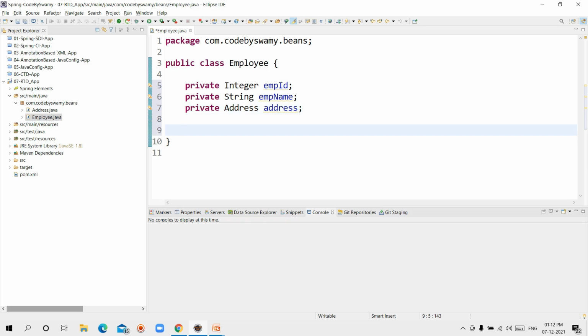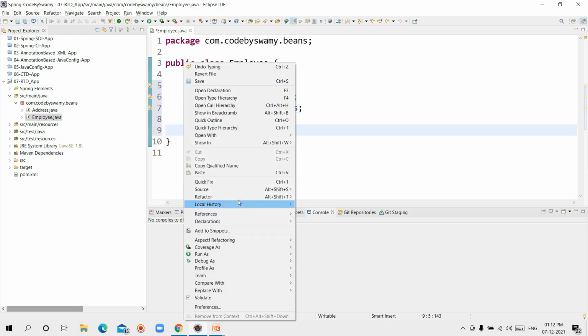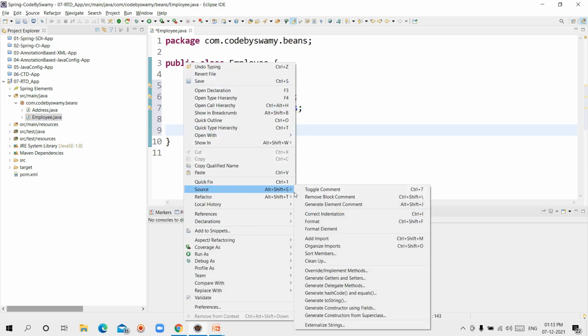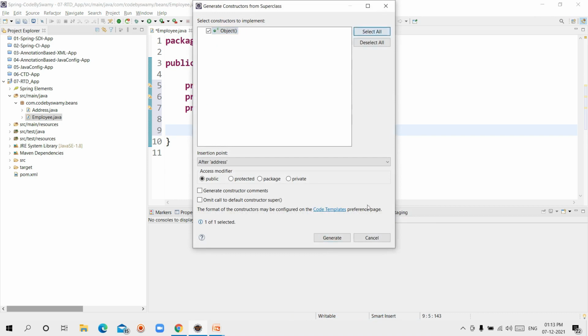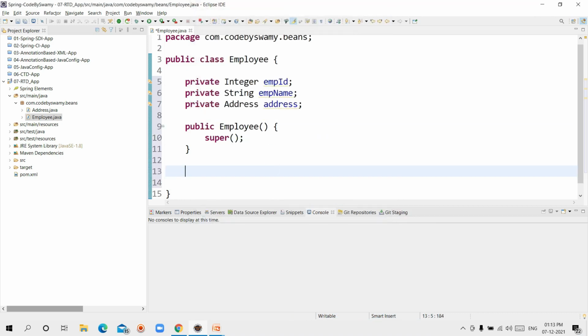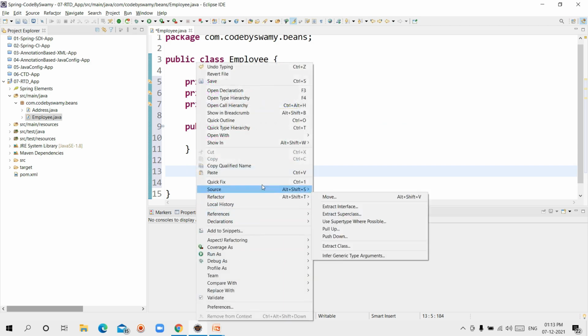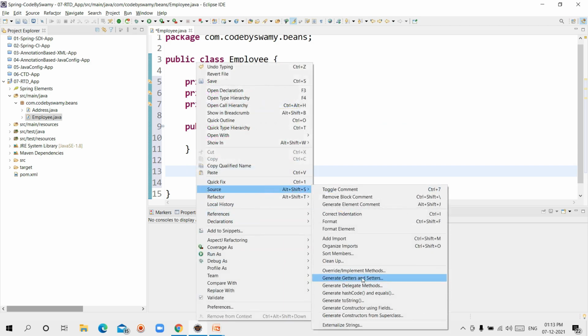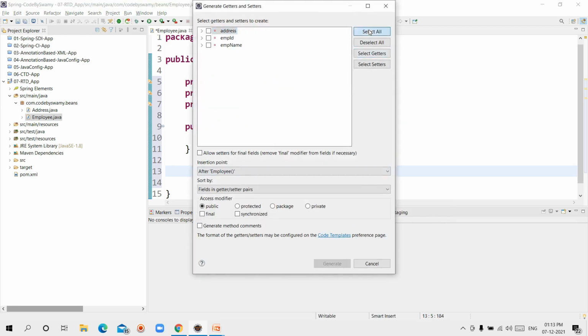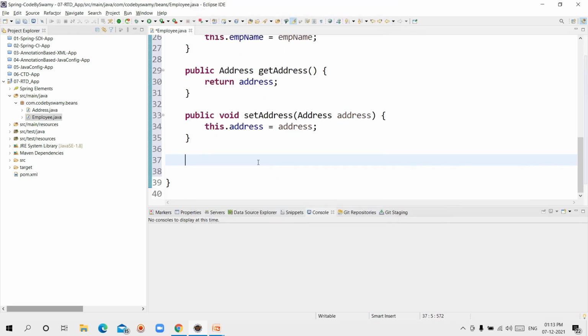For this I am generating the default constructor: right click, Source, Generate Constructors from Superclass, select all, generate. Setters and getters: right click, Source, Generate Getters and Setters, select all, generate.